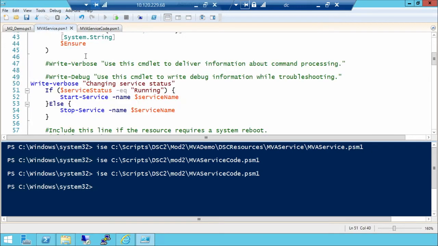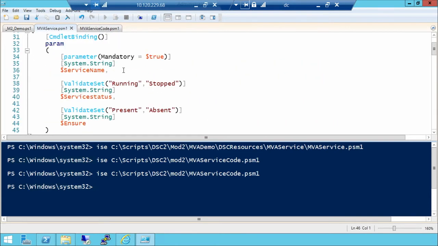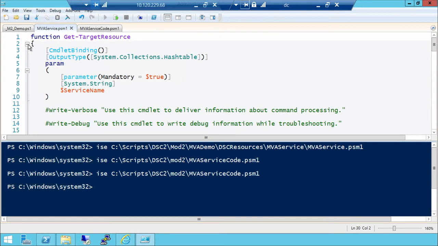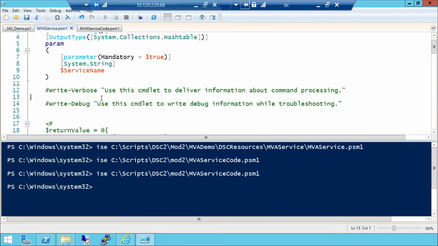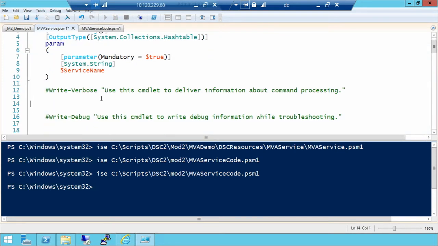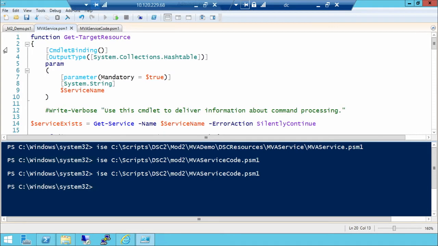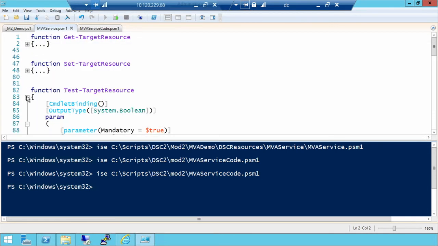And I'm going to put this code into my module. Again, the template made this really easy for me. Let me collapse the set, open up the get. And if you're wondering, I actually ran this code separately as a PS1 to test it, of course, to make sure that it was working before I put it into my module. And now I've got a complete module that has all of my code for the get, the set, and the